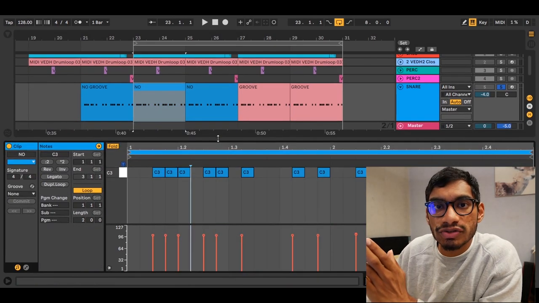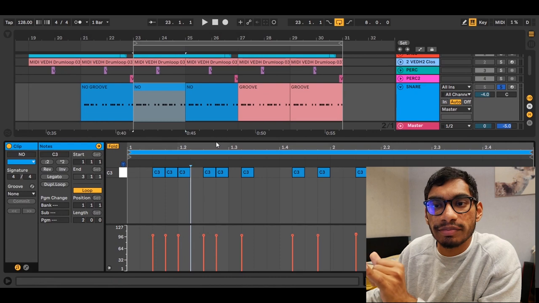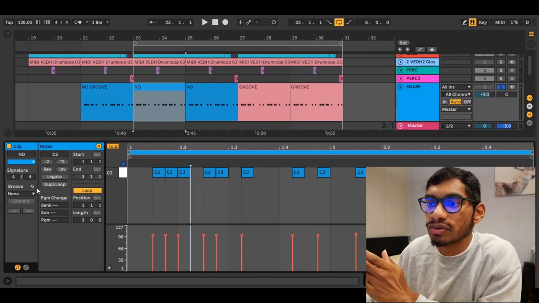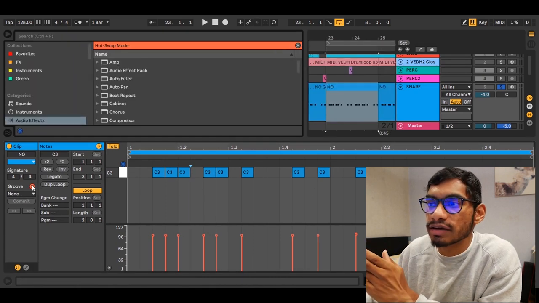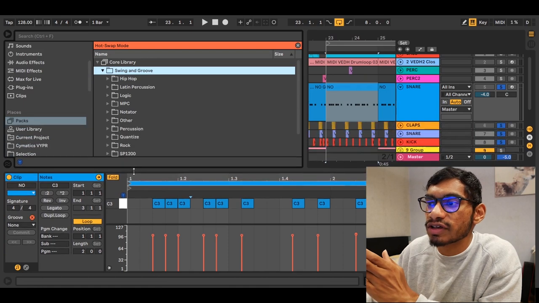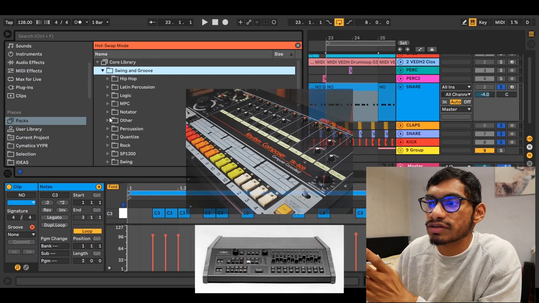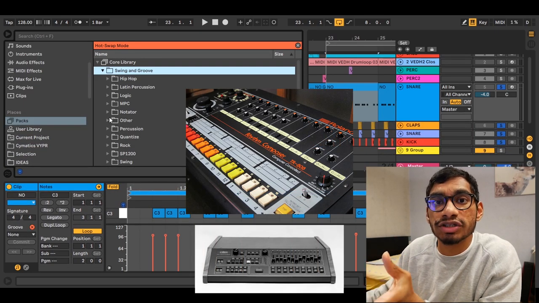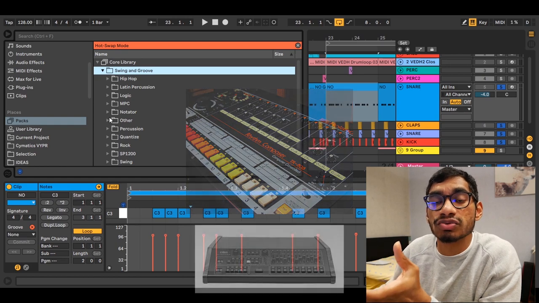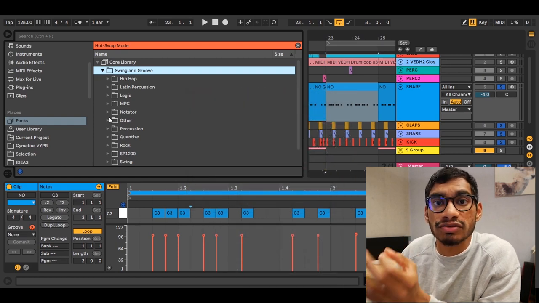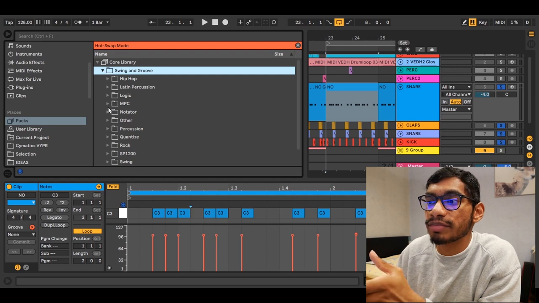So what I did is simply create a simple MIDI clip, input my notes, and then go down right here in the groove pool. Just click here and you can choose grooves from several different types of drum machines. And groove actually came from drum machines because those drum machines were actually boring. They just played sounds perfectly on time. And so they're inspired by real drummers.